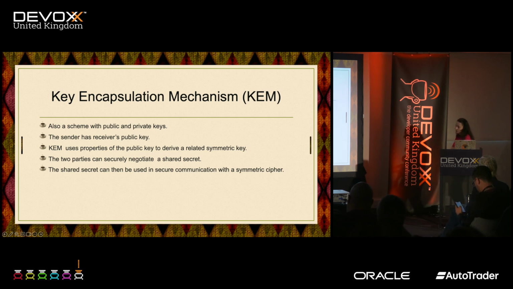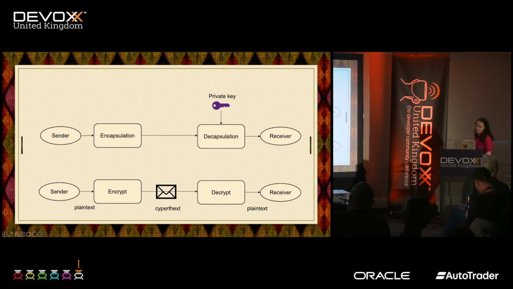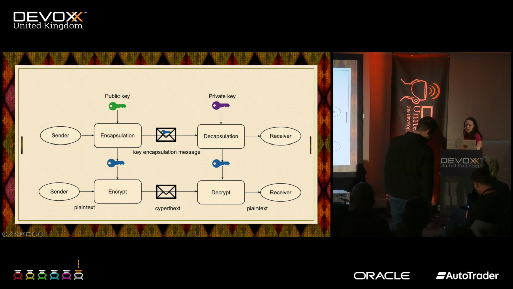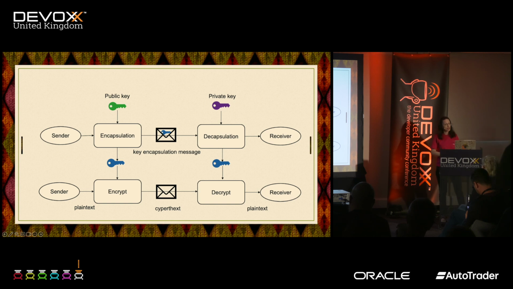So these are just a few properties of it. Let's see it a little bit in action. So what happens? The sender creates an encapsulation using the public key. Then the sender is using KEM to transmit the shared key to the receiver. Later, the sender can also use the shared key to encrypt data using a symmetric key algorithm. And the receiver decrypts the encapsulation, of course, with a private key that they already have. So what I might want to say in this part is that you can use KEM to first transmit the shared symmetric key and later use it to encrypt data using a symmetric algorithm.